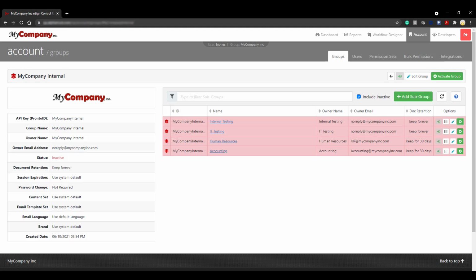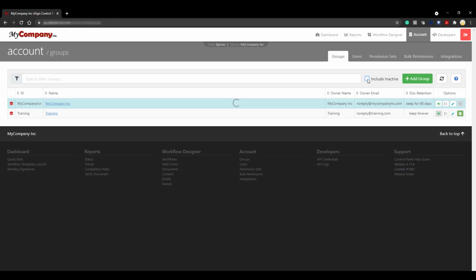Deactivating a group will not delete the groups and subgroups, but make it inactive for users. The deactivated group and subgroups will still be accessible to users that can administer groups. When we navigate back to the Groups page, you can see the My Company internal group is no longer listed in the active groups. Our teams are now ready to use the My Company Customers group to manage and work